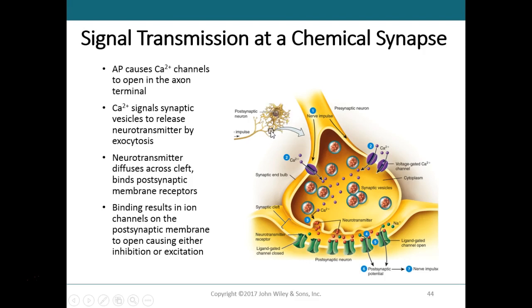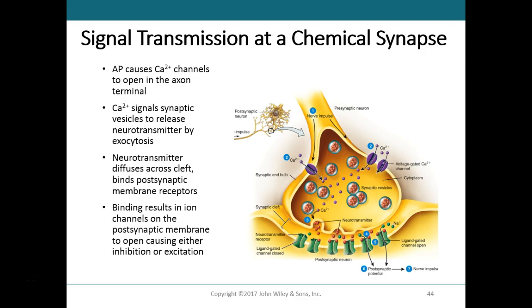So we have the dendrites of this cell. So here's cell number 1, cell number 2. So as the action potential propagates down the axon of this nerve cell and it reaches the synaptic end bulb or synaptic terminal or terminal bulb, you'll hear a lot of terms to describe this,